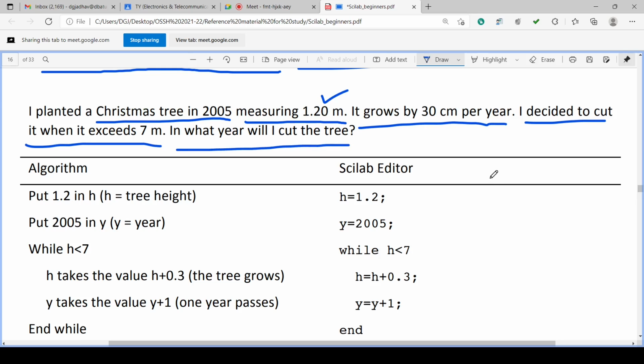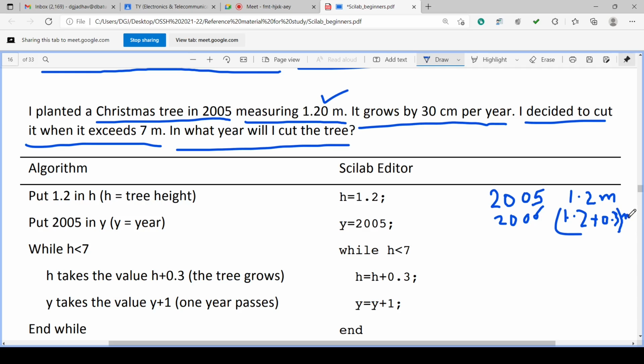You can calculate it. What you have to do? 2005, it is 1.2 meter. 2006, it is 1.2 plus 30 centimeter, 0.3 meter, isn't it?